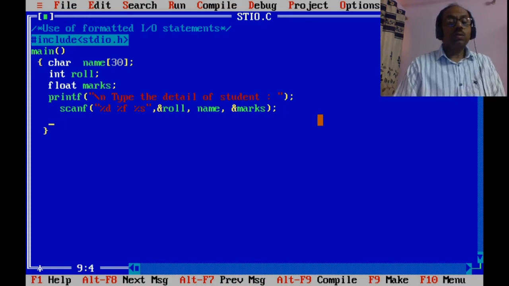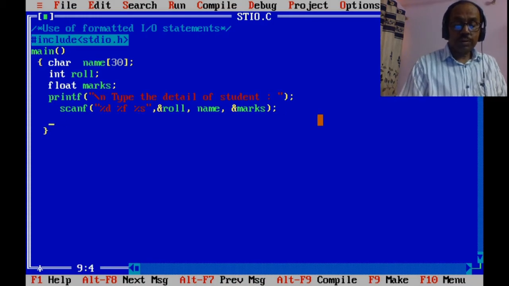Now to see the output, again we are using printf.